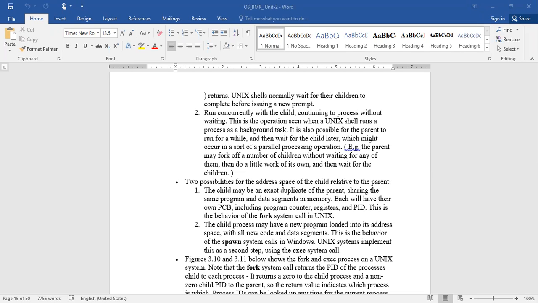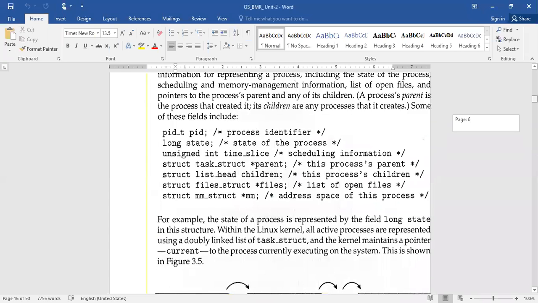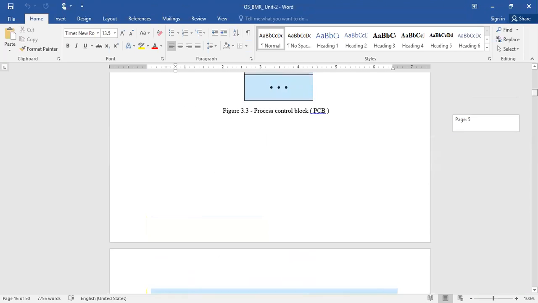So the operating system will create a separate PCB for the process whose process ID is 1. Once again, I'll show you the process control block diagram so that you can easily understand.